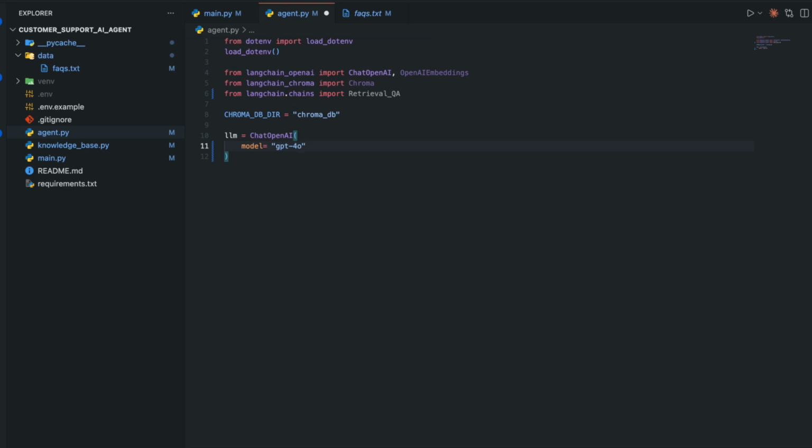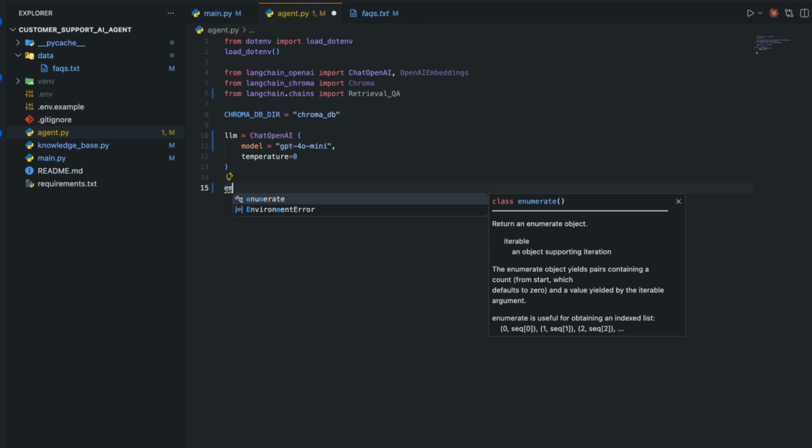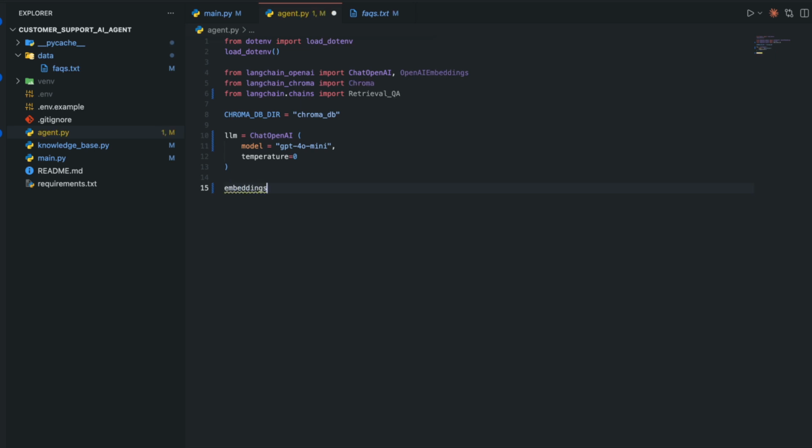So gpt-4o-mini, and temperature we will set to 0, so the answers will be consistent and good as well. Here we forgot the comma, right? Okay, then to store the embeddings, we will need an embeddings variable. So let's do that. Embeddings, OpenAIEmbeddings,